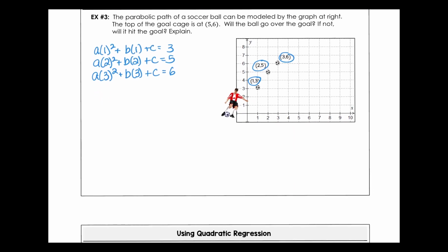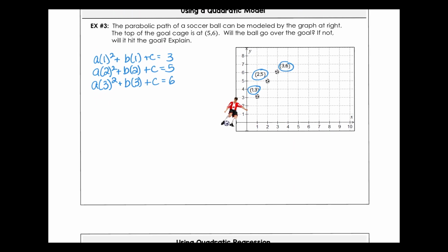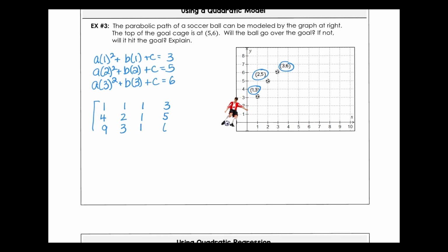And putting that together into a matrix, our matrix would look like row 1 is 1, 1, 1, 3, and then 4, 2, 1, 5, and then finally in our last row, 9, 3, 1, and 6. And if you go back to your procedure and perform that operation with your calculator,